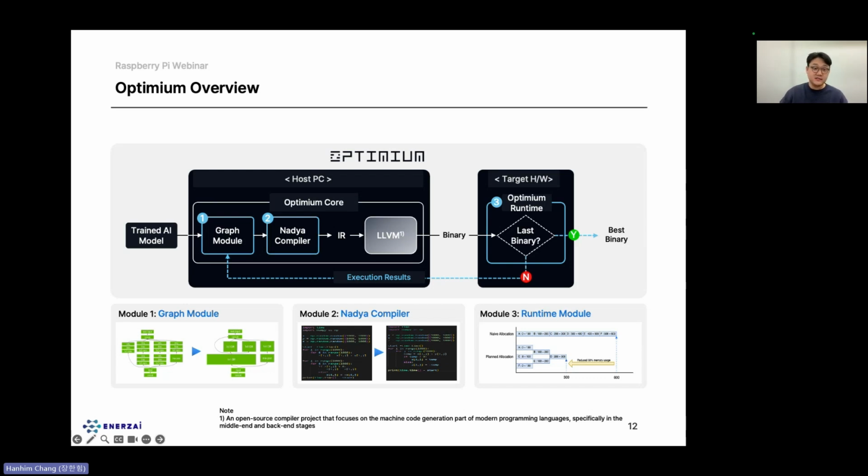Once this Optimium runtime is installed, it will conduct an interactive optimization based on the runtime execution results, which is profiled repetitively until we go through the entire search space of optimization parameter combinations of layers and come out with the optimal option layer by layer. And obviously, we use the Nadia language for this process. So the Nadia compiler plays a key role in mediating this entire process. And once this process is over, we'll have an optimized AI model as an output, which is basically an accumulation of highly optimized operators.